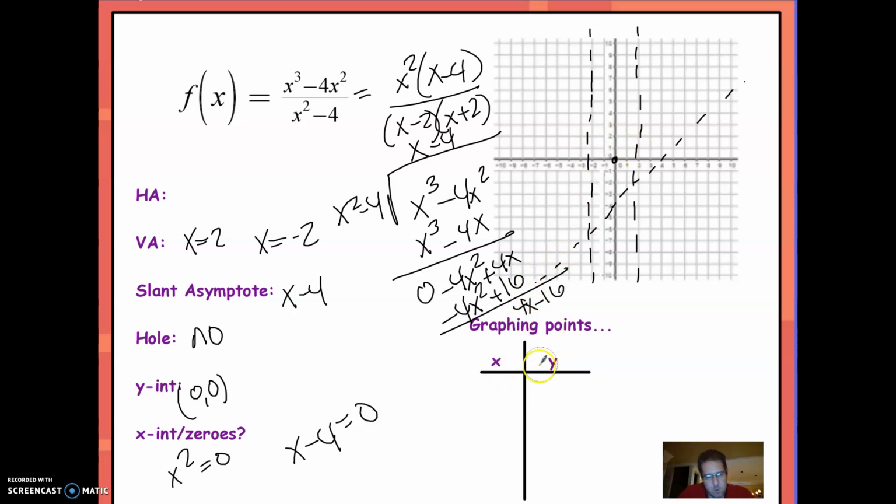And what I would need to do for the graphing points is plot these points: 2, 5, 1, -1, and -3. And that's where I'm going to have to stop right there, and